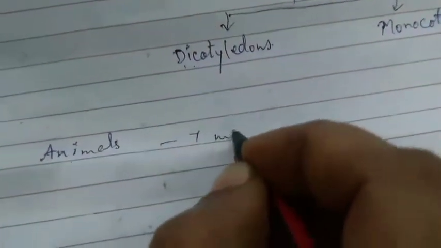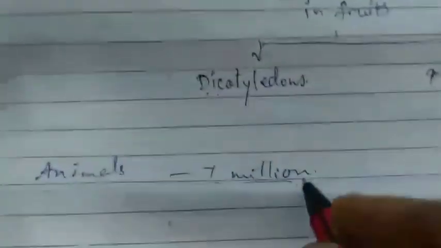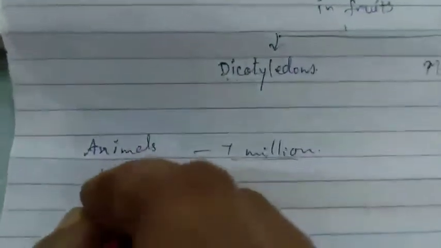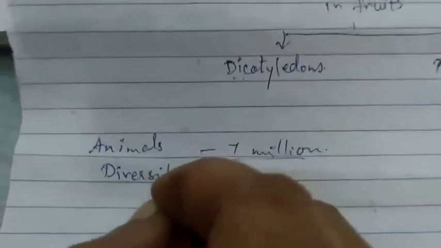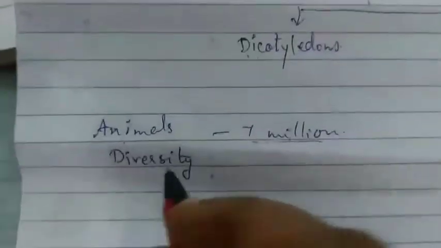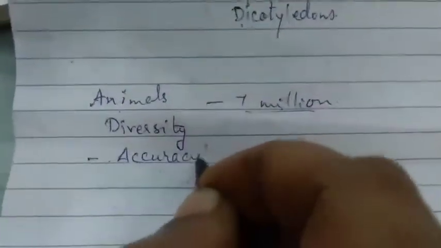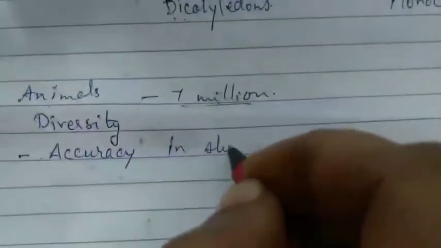Now animals, if you consider, animals, they are near about 7 million. So to study so much large number of animals in detail with accuracy, and immediately you can able to tell the characteristics of the organism. Is it possible? So there is a huge diversity in these animals. Huge diversity. So to study accuracy in studying the animals,